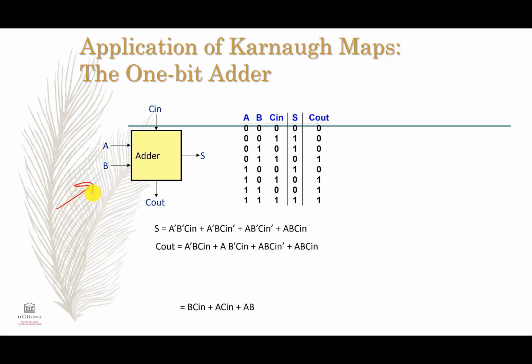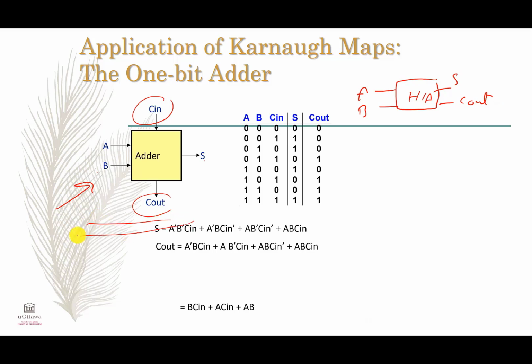in digital logic, we have either a full adder or a half adder. The full adder has 3 inputs, A, B, and C in, and has 2 outputs, sum and C out, okay? Whereas the half adder here just has A and B and has just 2 outputs, which are the sum and C out, okay? So the wider one is the full adder. Why? Because the full adder is capable of adding 3 bits